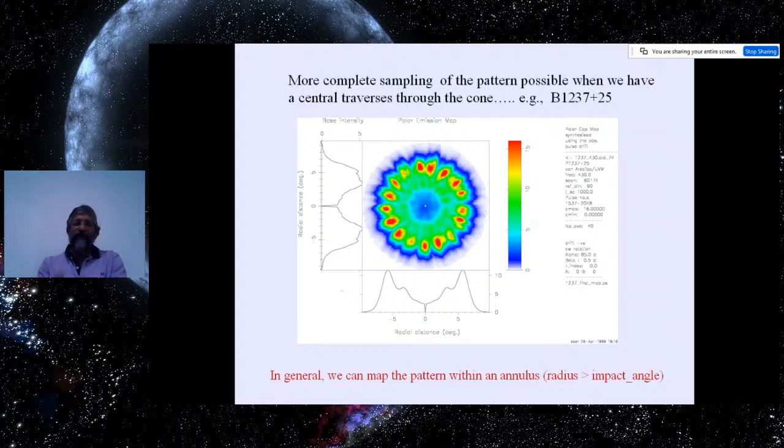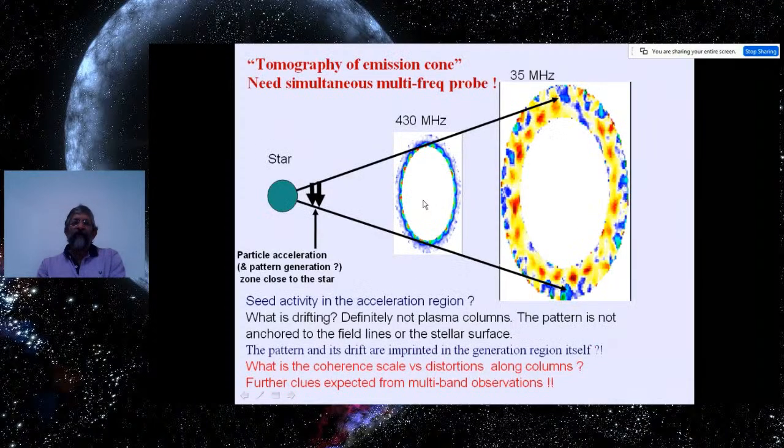This was a picture where you see the hollow inside because you were cutting the cone at some distance from the center. But if you were to cut it close to the center, you can construct a picture of the cone and its emission pattern even more completely. You can observe different frequencies, and you can combine these measurements and see how similar those are. After all, charged particles are moving along the field lines from down to outward,